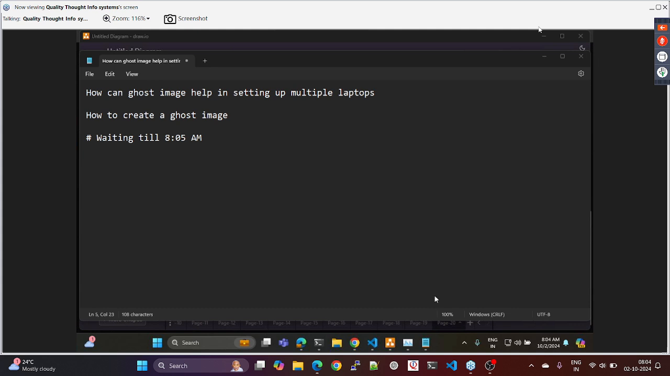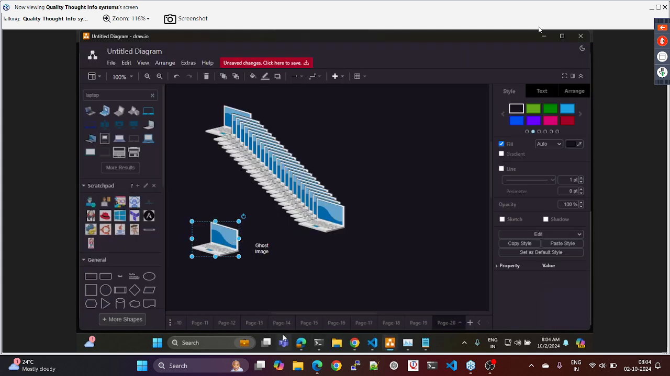To solve this problem, what companies do is they take one laptop. On that laptop, they install all the necessary configurations. And then whenever you